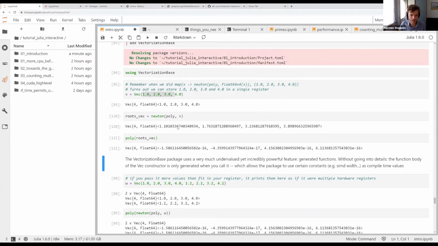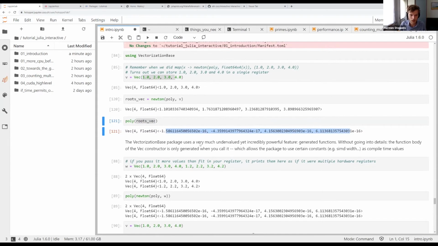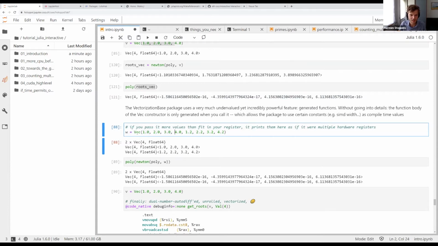So the output here is, again, like one SIMD register in a sense. I might evaluate poly in this guy, and indeed it has found roots. VEC is not really exactly registers, it's more like a high level view of machine registers. You can see for yourself: if I'm passing 8 numbers, which doesn't make sense on bits Daint because it can only sustain 4 doubles per register, I'm actually getting something which is like 2 registers